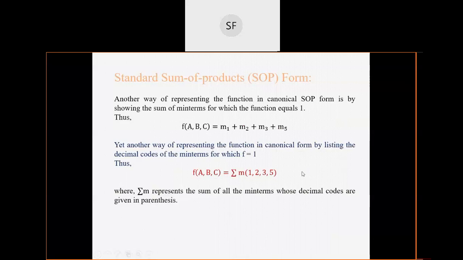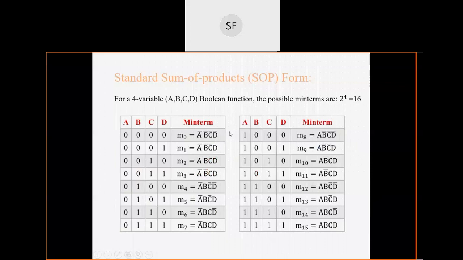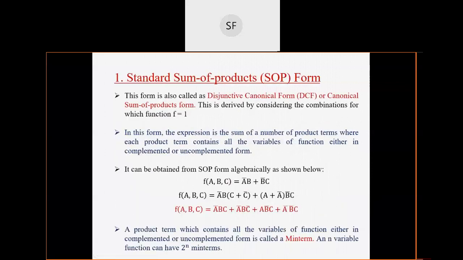Then this is another representation of the same function. In the earlier example we have seen that 4 minterms were present. So what we have done, we have found out the digital. Just let me go back a couple of slides. So I'm talking about this. In this expression, we found there are 4 minterms, and how we have